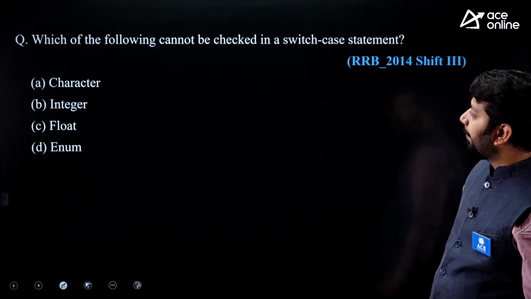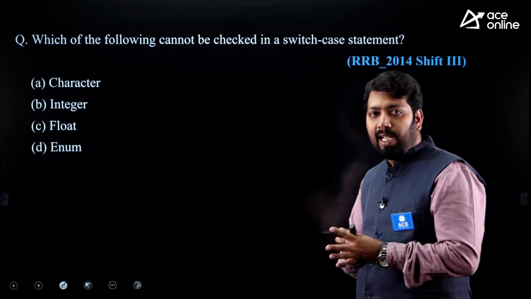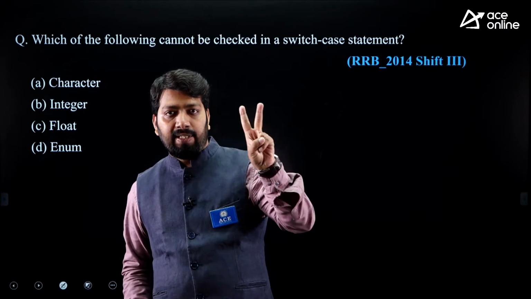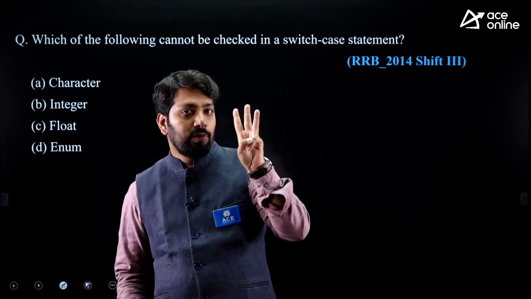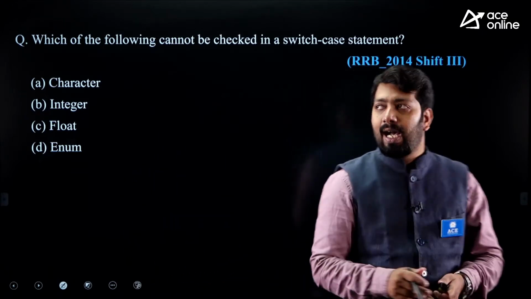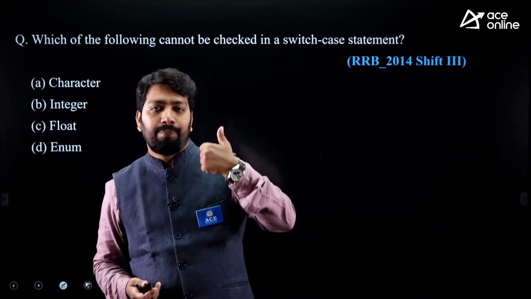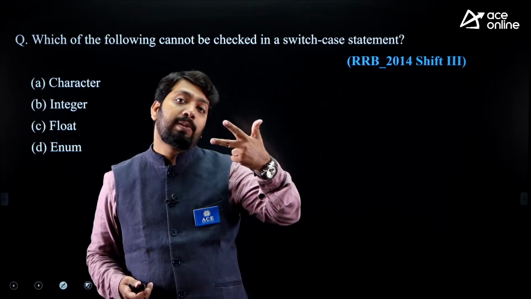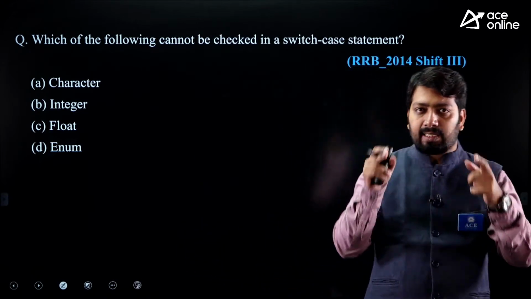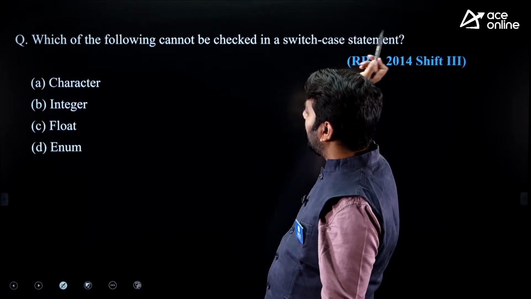Which of the following cannot be checked? Look, we have studied basics, then we covered the topic operators, then I used the term typecasting also. So these three are covered. Now I am jumping to conditional control statements. Conditional control is if else, switch, and loops are also conditional, because in every loop we check some condition.